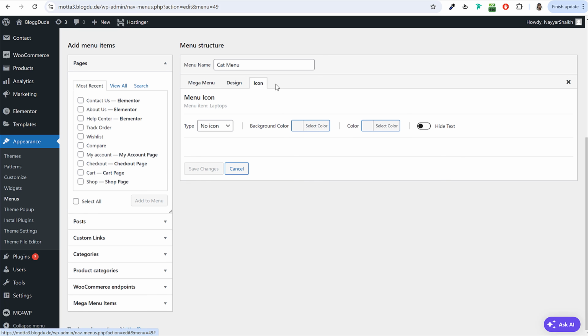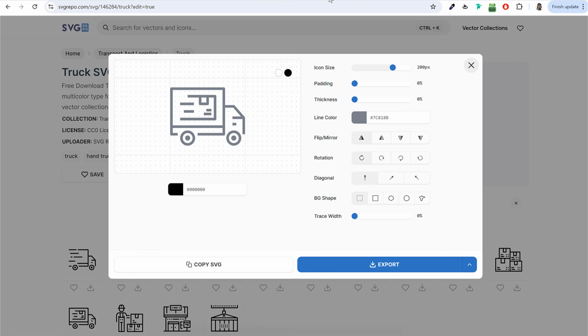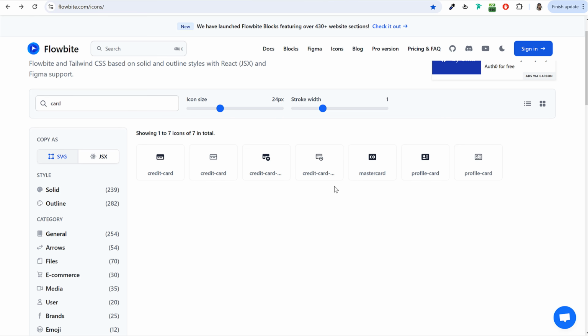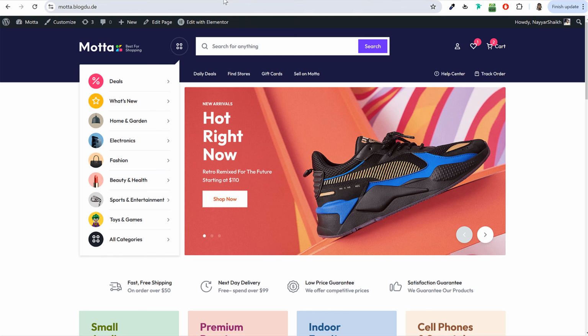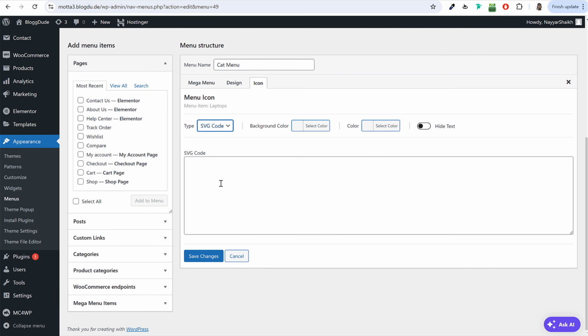Now it's time for the icon. Go to icon. If you want, you can select SVG code, or you can select a theme, or you can select image. If you select theme, they will give you some icons, and you can use any one of these icons. If you select SVG code, again, you can go to this website and import any code. For example, if you want this code, you can click on simply copy,